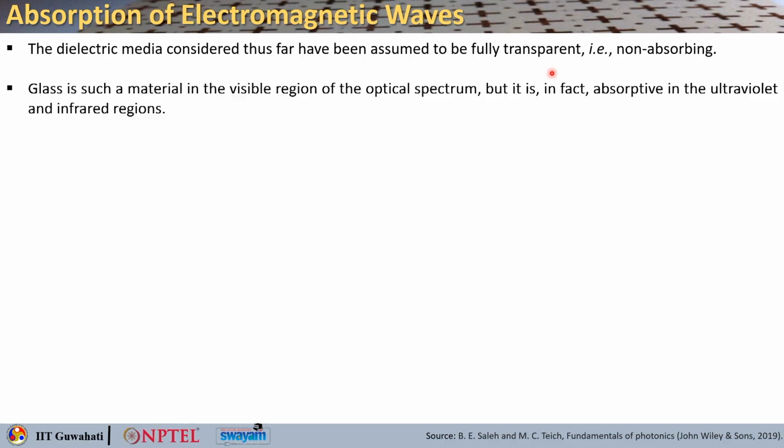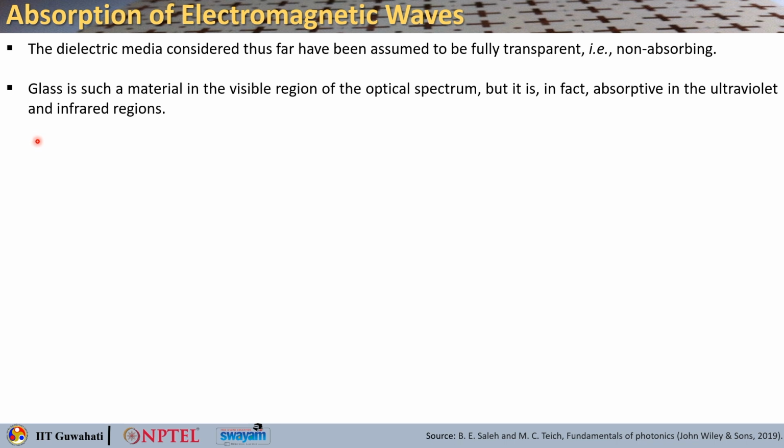In the previous lecture we saw reflection and transmission. Now, let us look into absorption. Till now, we have considered the dielectric media to be fully transparent, that means they are not absorbing anything, but in reality every material will absorb in some band or the other. Take glass, which is transparent for the visible region of the optical spectrum, but it is absorbing in the UV